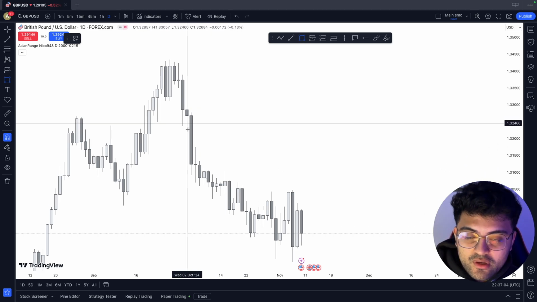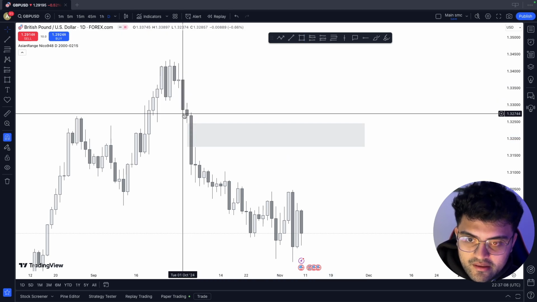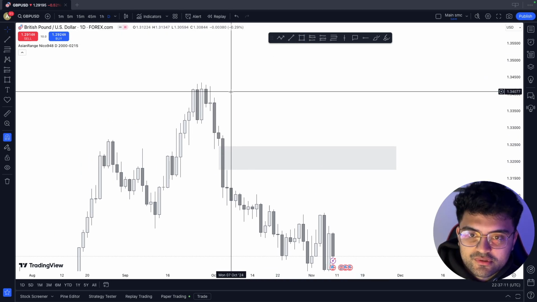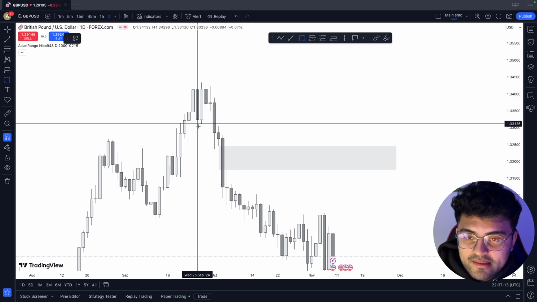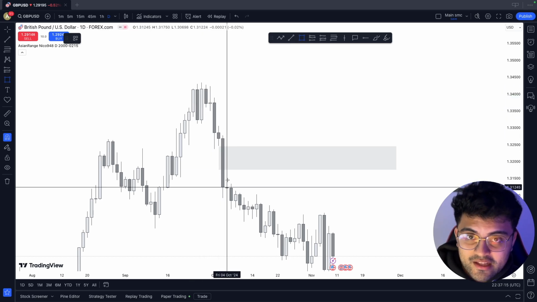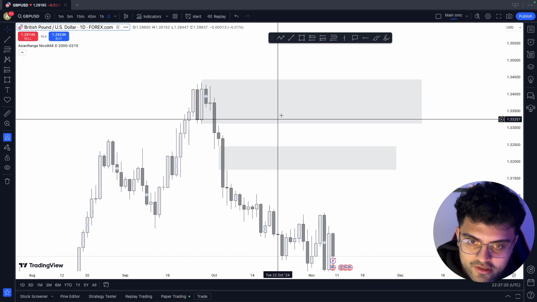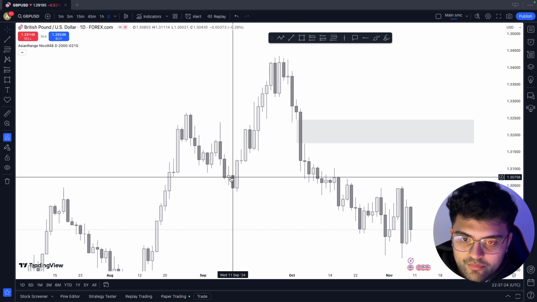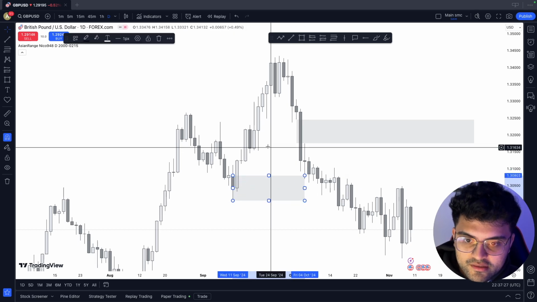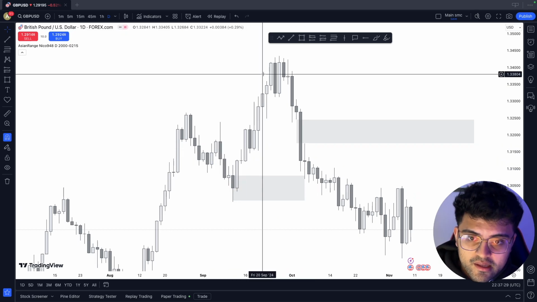But essentially, if you have a somewhat understanding of these things, fair value gaps are these imbalances, a 3-candle pattern, and supply zones are basically zones where there was a last bit of buying before a drastic sell. So this would be an example of a supply zone, last buying pressure before a strong down move, and then a strong demand zone would be something like this, where it's a strong last bit of selling before we get